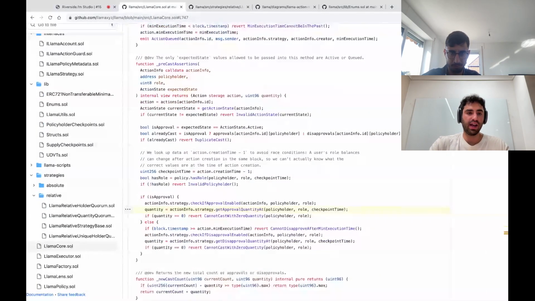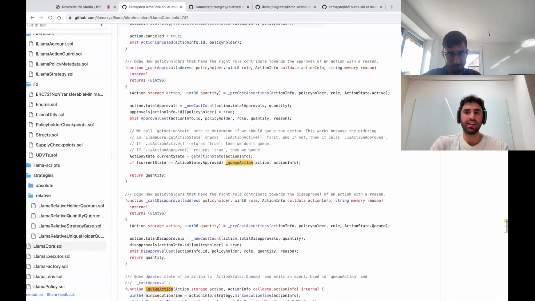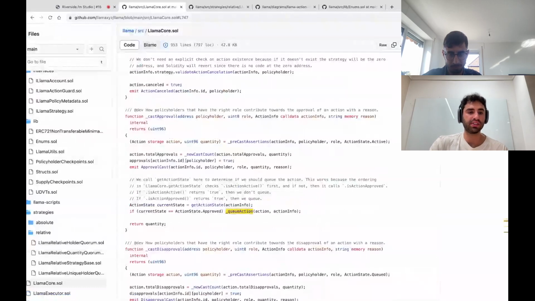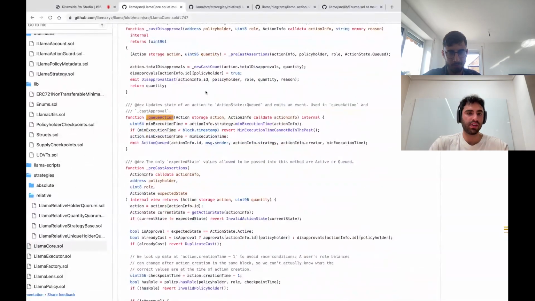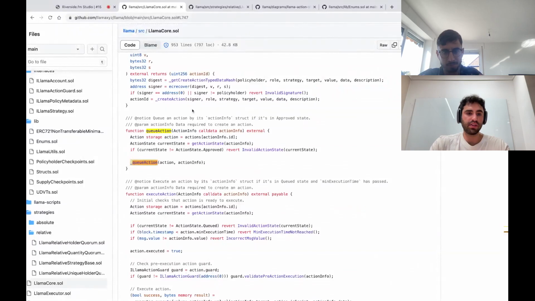If we then get into the queuing of an action, which is what happens after the action is approved, we can see that the queue action function does a few things. Let me get into the public function first, because I think it would be good to see that.